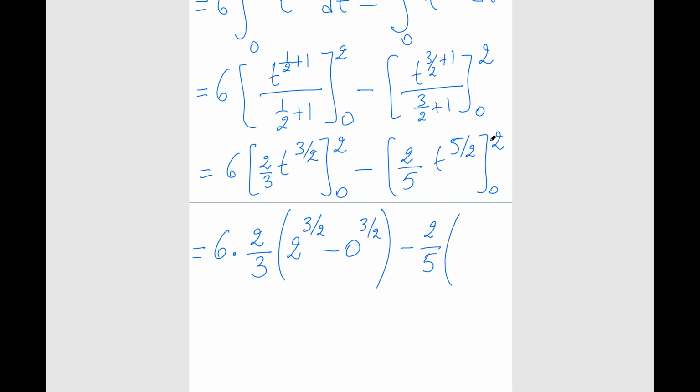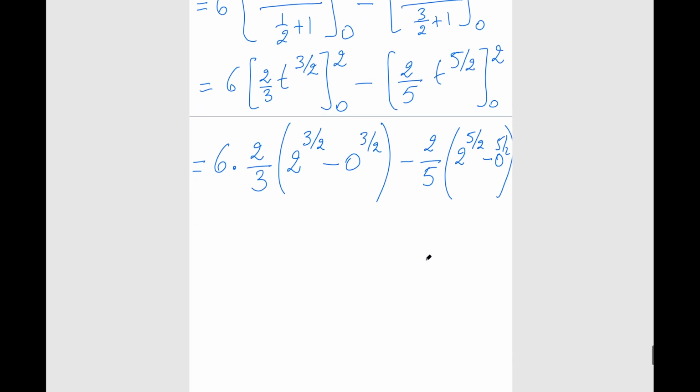This guy evaluated at 2, so 2 to power 5 over 2, minus this guy evaluated at 0, which is 0 to power 5 over 2, which is still 0, right? Okay. Alright, how much is this? 6 divided by 3 is 2. 2 times 2 is 4. That guy is 2, right? This guy is 4. Times, this is 0, so the value of this group is 2